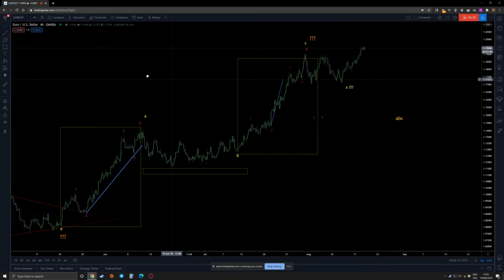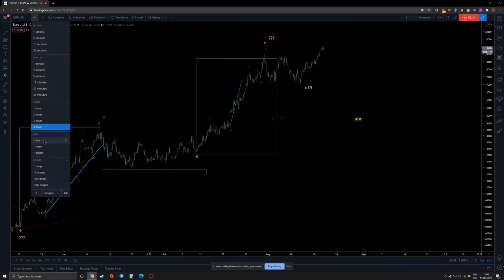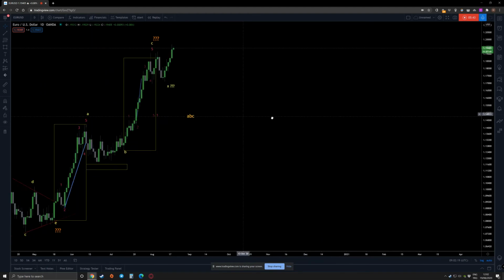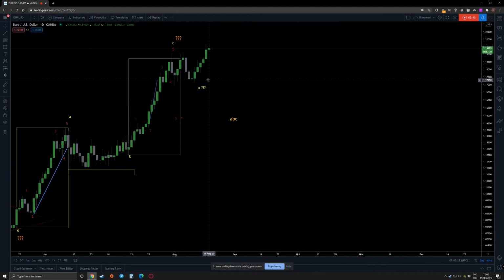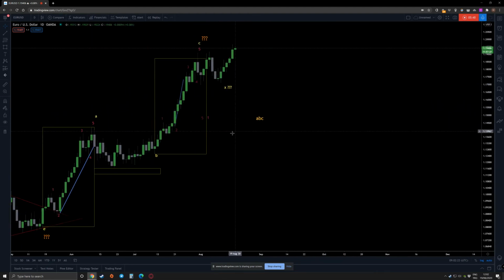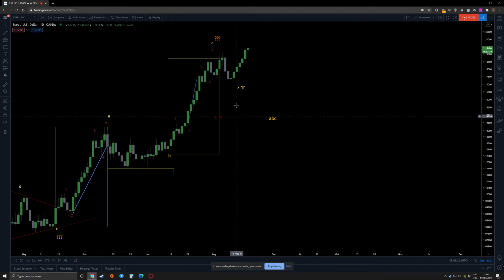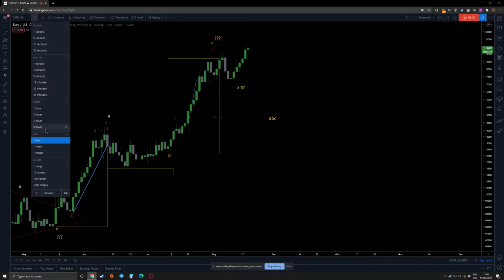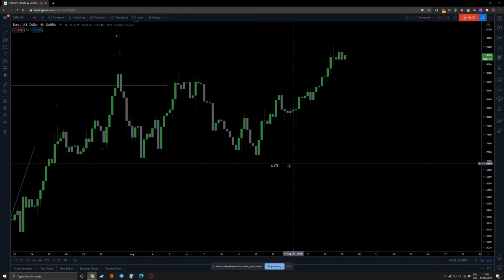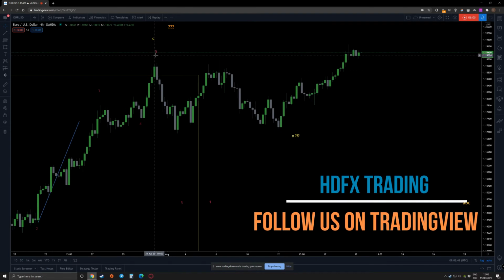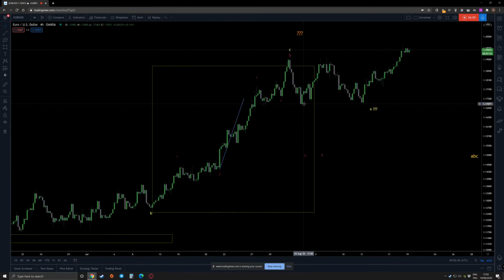Well, after this, let's actually go back to the daily chart. So after this move, what the market has done is actually it did an X wave. Now, the reason why I came back to this time frame: on this time frame you cannot see the triangle, but if you go back to the 4-hour chart, you can see what the X wave has done. Okay, if this is the fifth wave, and this is the end of the C wave,